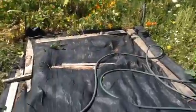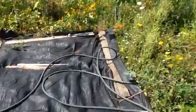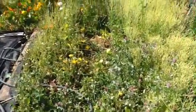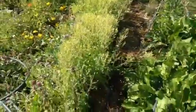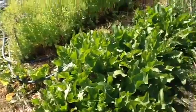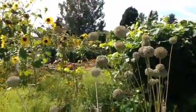Anyway, here I've covered the ground. I've been doing that off and on through the plot as I take things out that I'm not going to be using again. This corner here, I will be chopping this down and putting black cloth over it. I'm trying to find a supply of leaf mulch or hay or something that I can put a really good covering down this year. I've had difficulty the last couple of years, but anyway, here's the leek flowers,